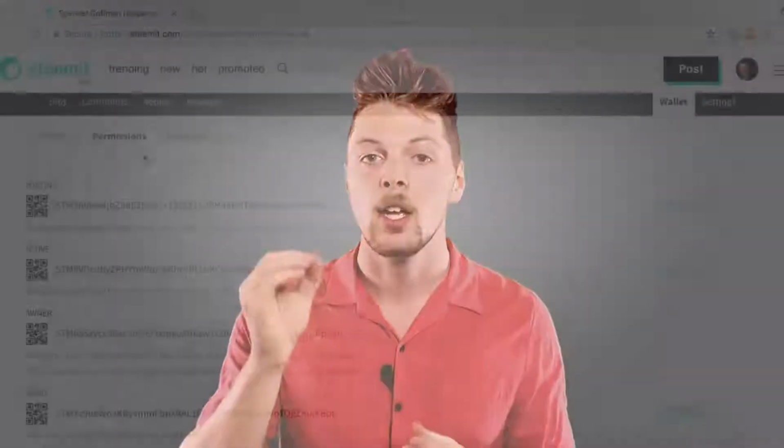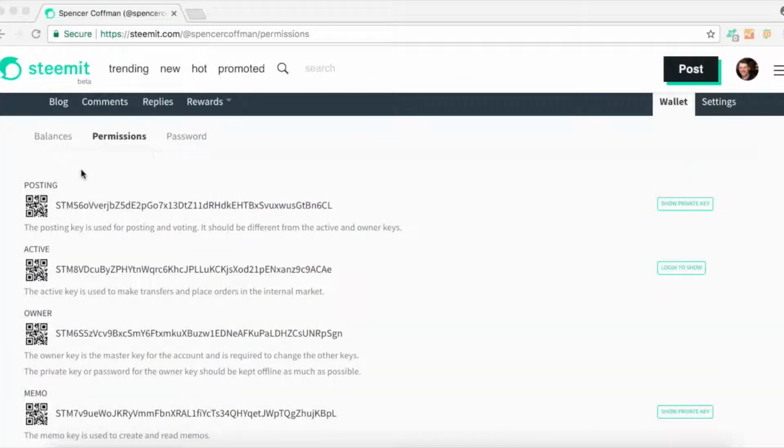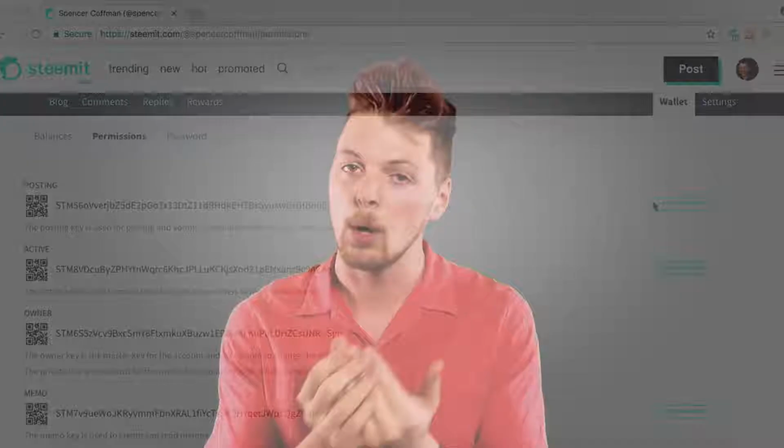Next, you have what is called a private key. The private keys you can use to log in to your Steemit account and do a variety of actions. You'll see in your permissions tab over on the side of the screen, there is a spot that says click to show private key. That will display your private key, but you can only click to display your private posting key. When you see that, you can use that key to do 2 things on Steemit.